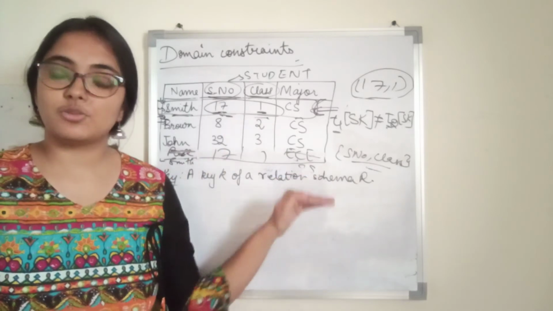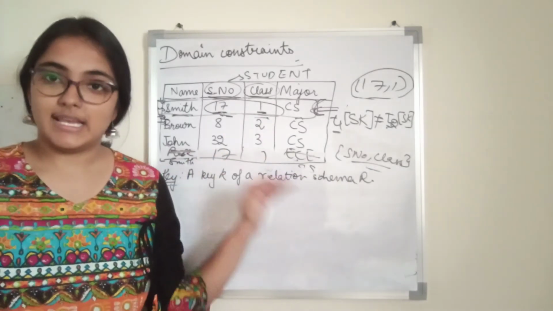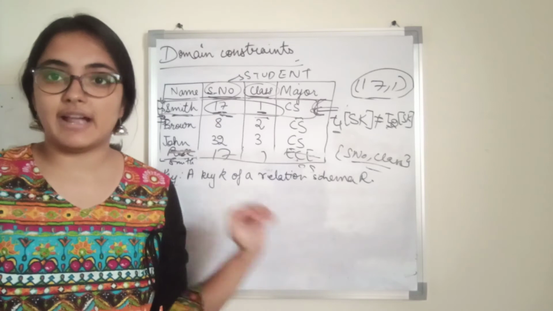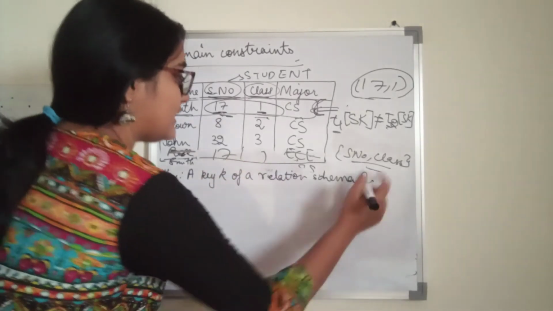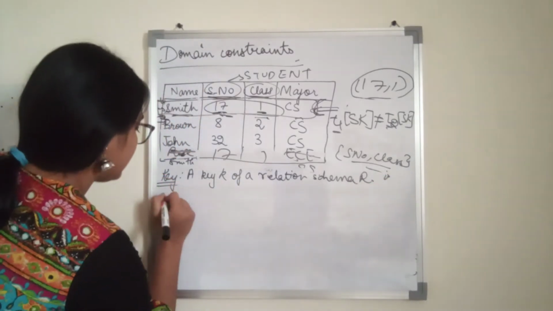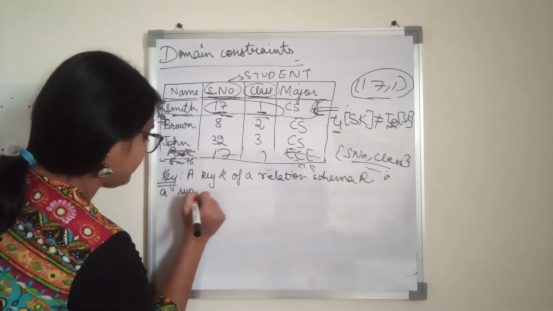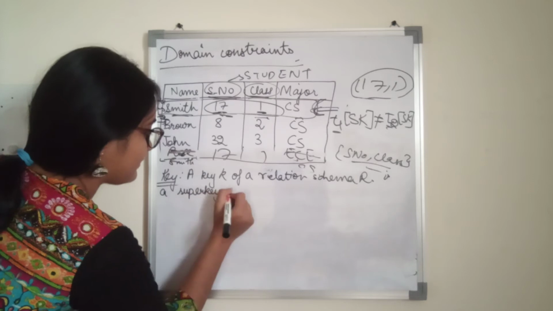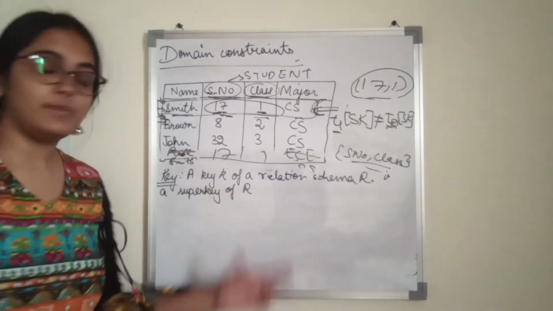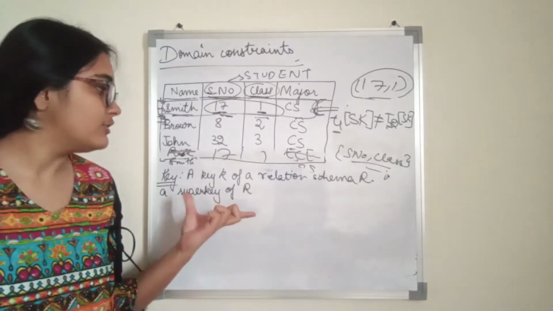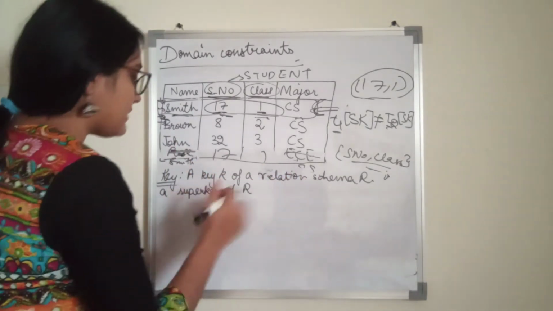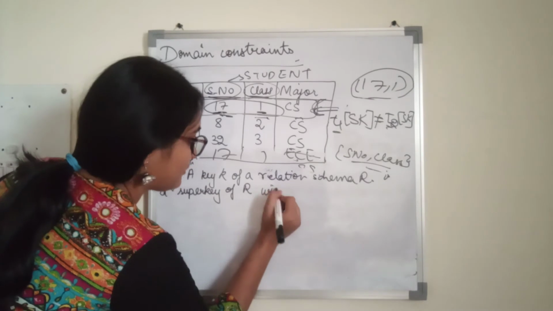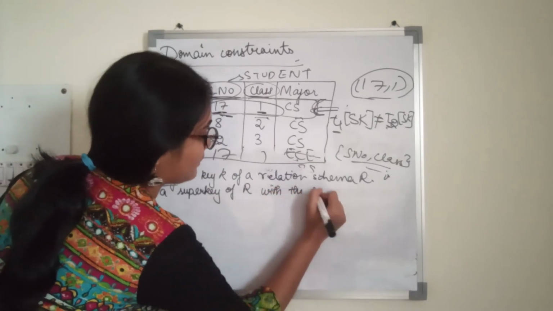Okay, that property should be followed for all the relation instances or every possible valid state of the particular relation, right? So a key K of a relation schema R is a super key of R. Super key of R means no two tuples can have the same combination of values for these attributes K. Okay, so a key K of a relation schema R is a super key of R with the additional property